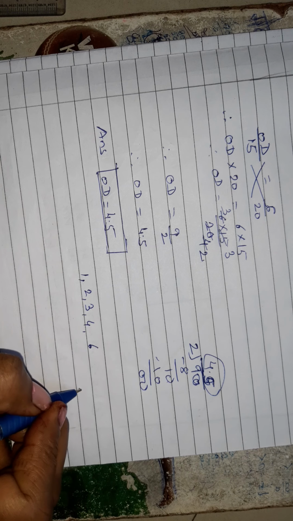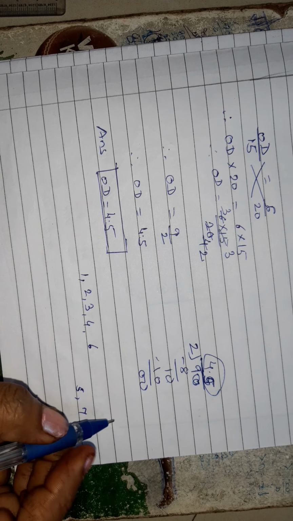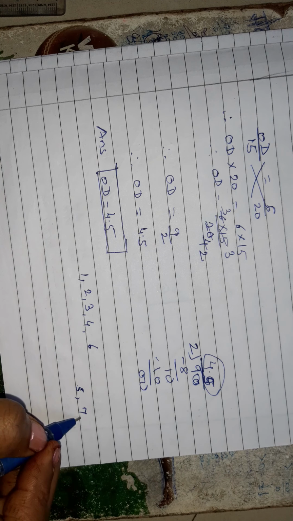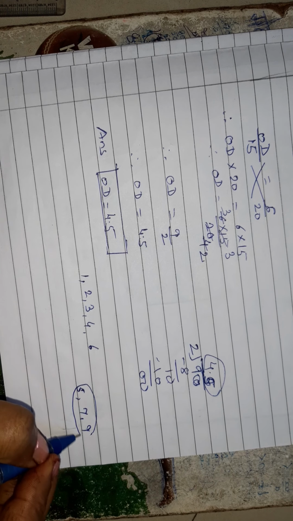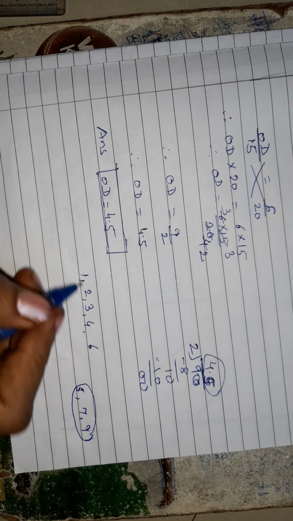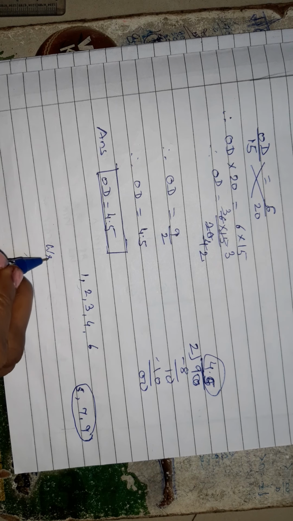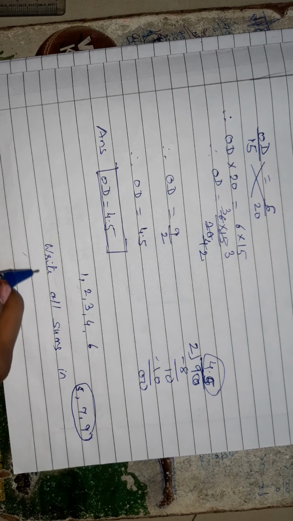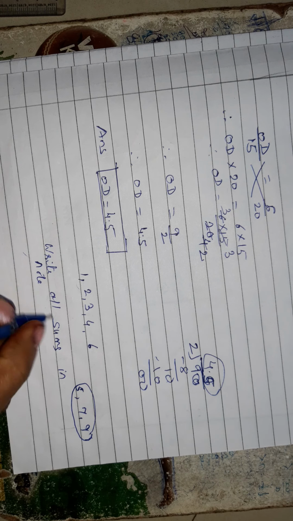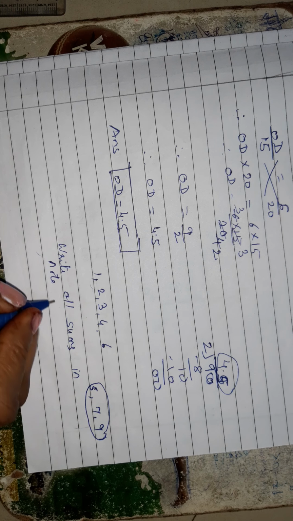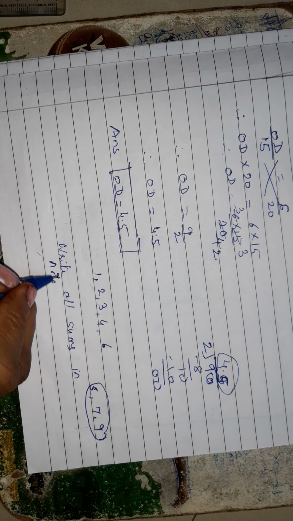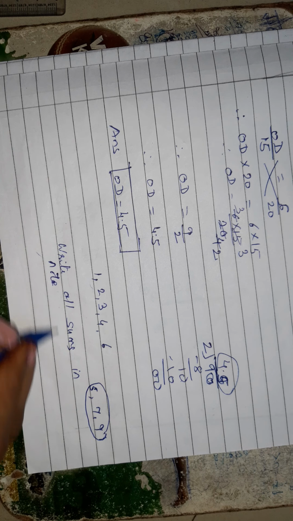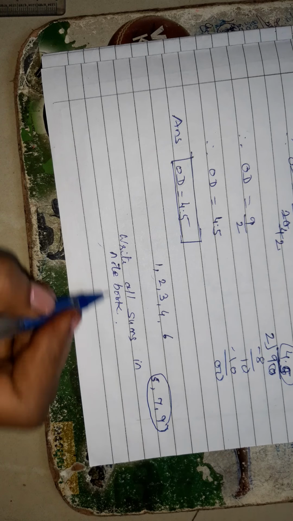Now 3 sums are remaining: sum number 5, sum number 7 and sum number 9, that we will do in the next period. You write all these sums in your notebook. And the tests of similarity, similar triangles properties or 3 angle test, all the tests you have done in last year's class 9 standard. So revise it. Write all sums in your notebook.